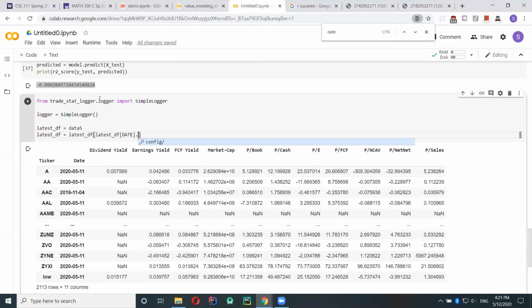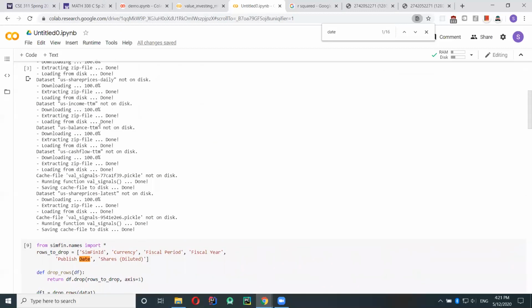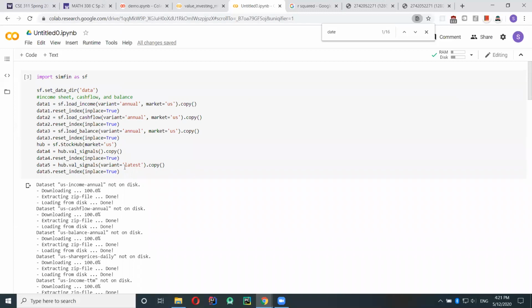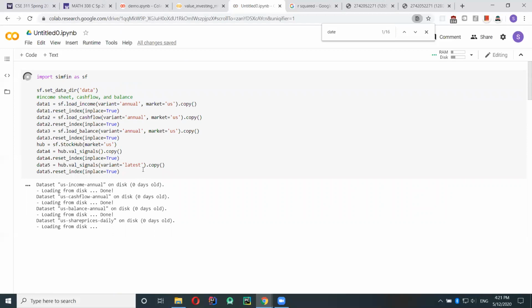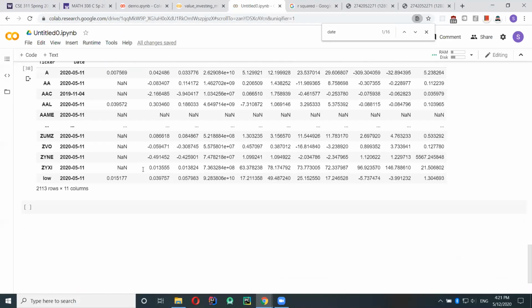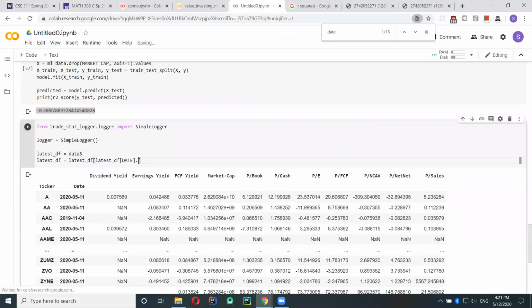We want to get only the 2015 years. So datetime dot dt dot year equals 2020.